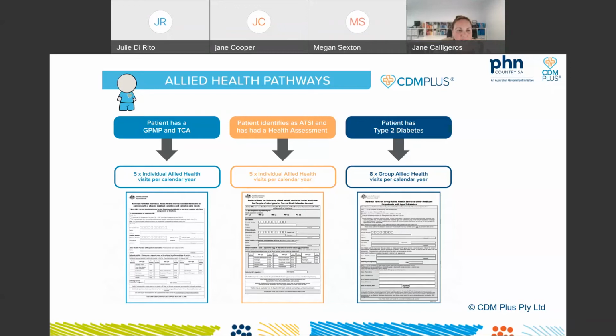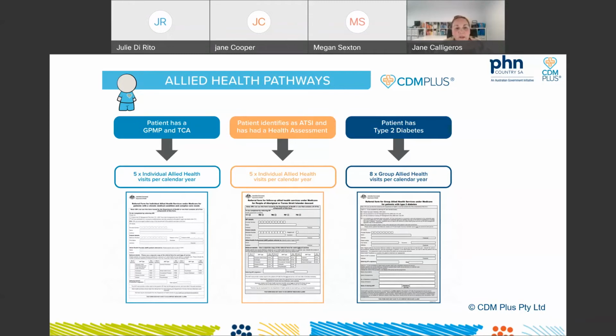It's worth mentioning in this session, and we'll mention it in the diabetes cycle session as well: if the patient has type 2 diabetes, there are also group allied health visits available. They only need the GP management plan in place to access that one. Okay, so while we're looking at some of these pathways,